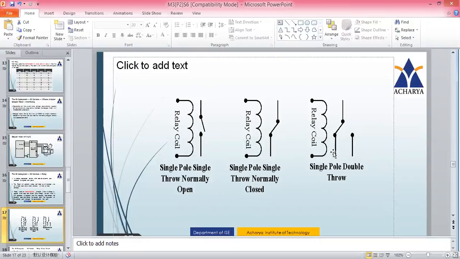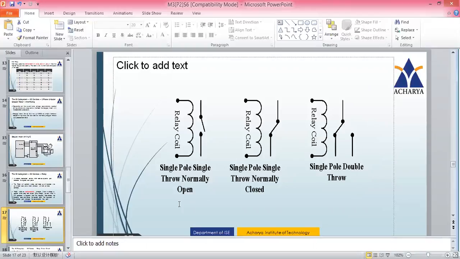Then we have single pole, double throw. Either you can activate this or this, meaning you will connect two different functionalities. If you enable this switch, it will perform one task. If you enable the other switch, it will perform another task. For DIP switches, dual functionality switches, you're going to make use of single pole double throw relays.